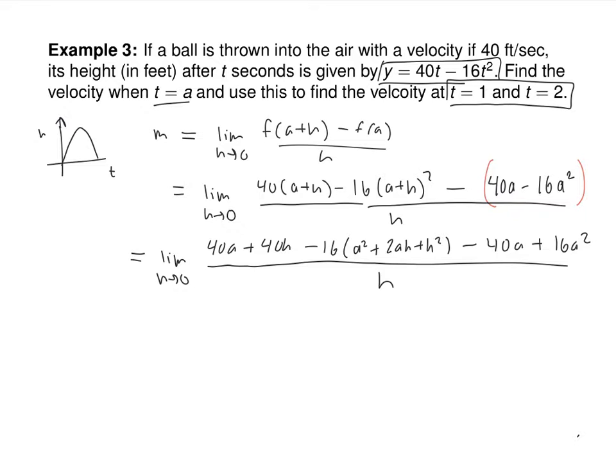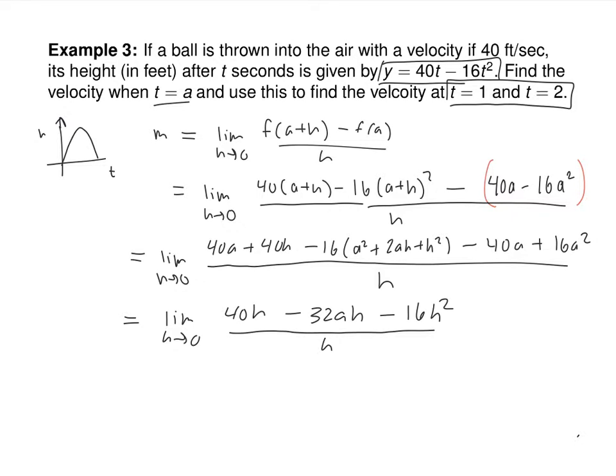If you look at just the second line, that's a question I could have given you as just find a limit, right? Okay, what cancels? The 40a and the 16a squared. Very good. So 40h is still left. We're going to have minus 32ah minus 16h squared